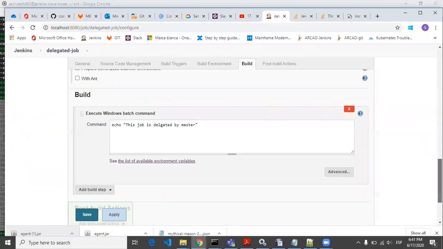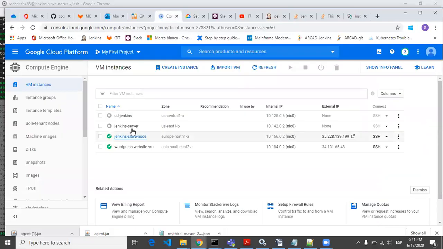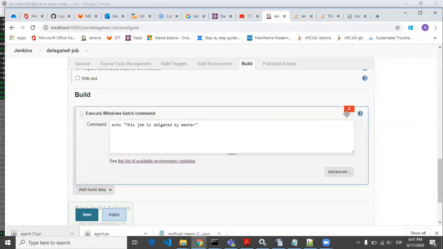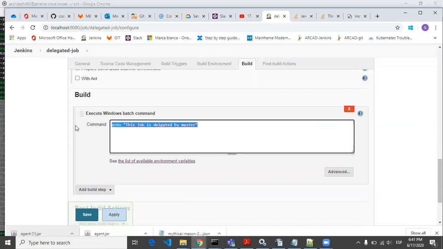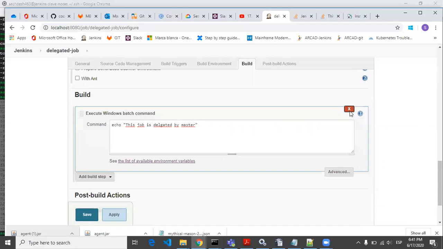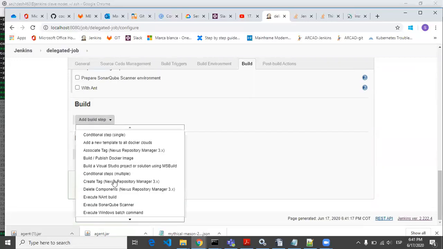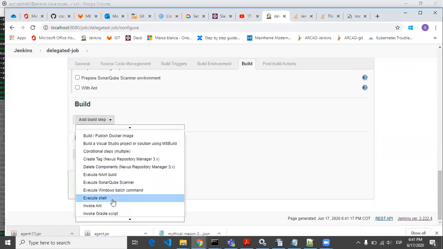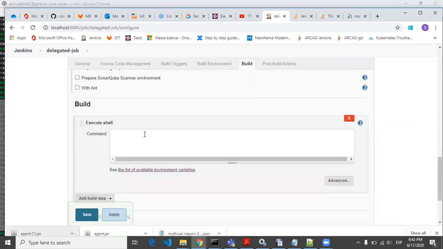This Jenkins slave node is an Ubuntu operating system. So here your Windows batch command will not work. Let's copy this statement and delete it, and I will add a statement like execute shell, because this is Unix, so a shell command will be accepted.